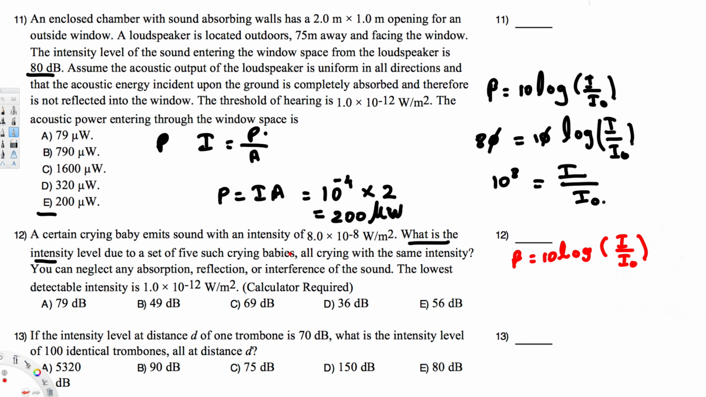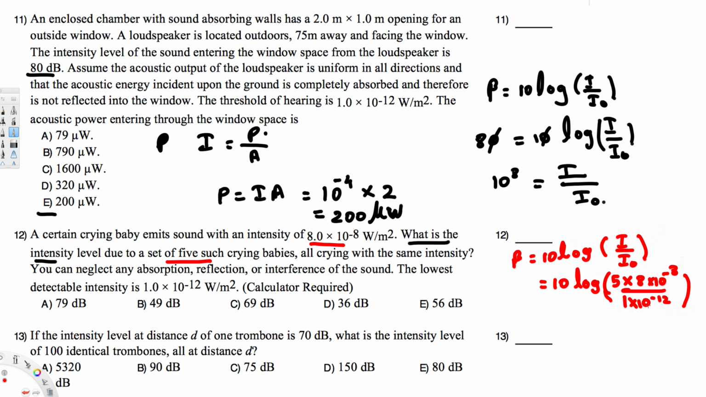So this value is for one crying baby, and they are saying 5 crying babies, so what's going to be the value? That's the question. So if this is 5 crying babies, what we have to do is 10 log 5 times, this is for 1, right? 1 is 8 times 10 to the power minus 8, and in the bottom we are going to have this basic 1 times 10 to the power minus 12, that is threshold of hearing. That's going to be always this value. So this is going to be 1 times 10 to the power of minus 12,